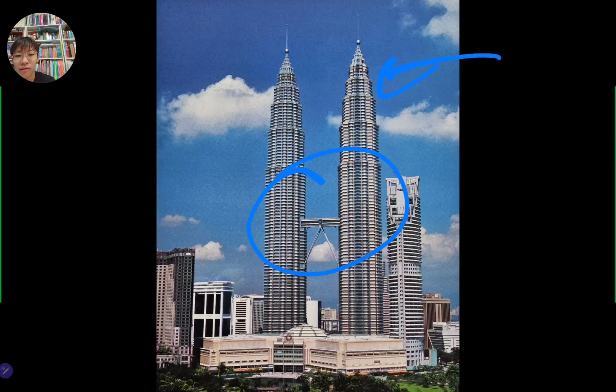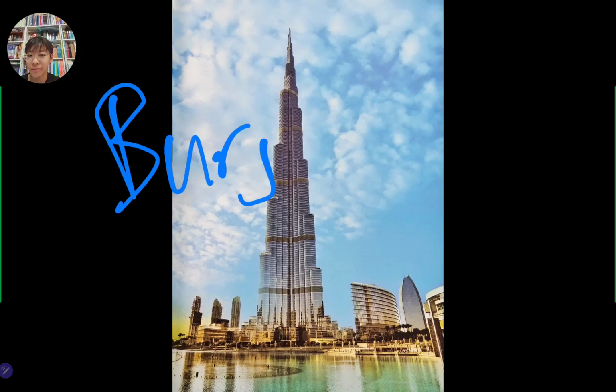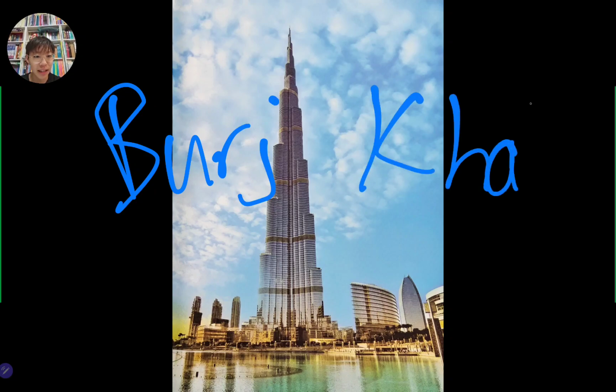There's the bridge I was talking about. Alright, then of course we have one of the tallest towers in the world currently. We have the Burj Khalifa. And the Burj Khalifa itself is...